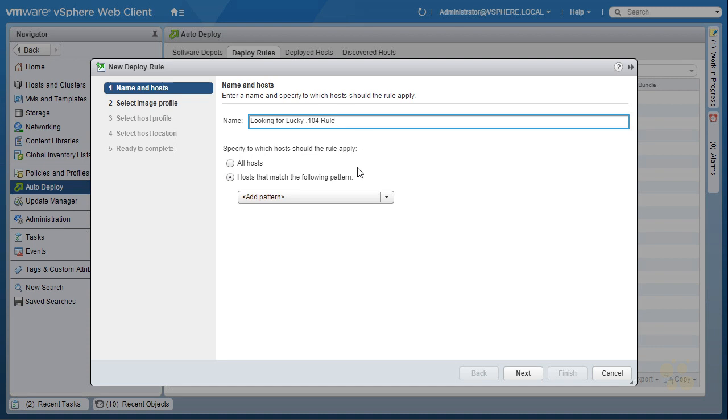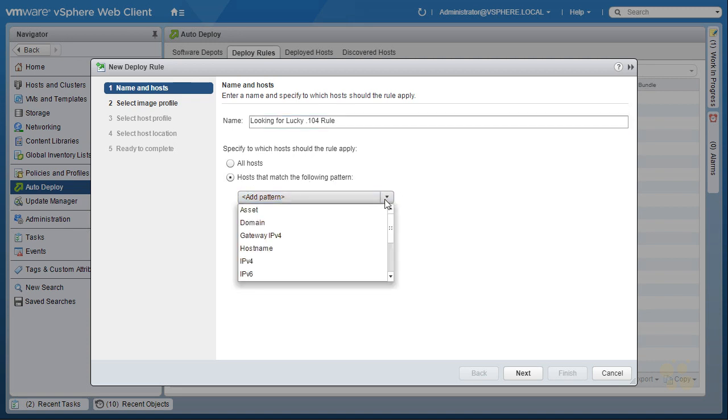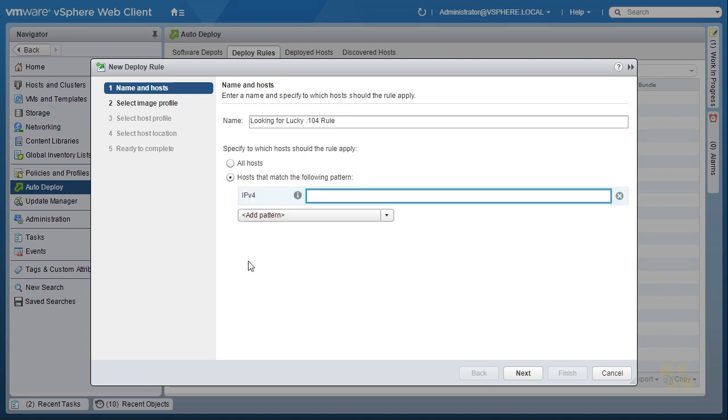And regarding the criteria, here's what we could do. We could click on the second radio button, which says hosts that match the following pattern. And then from the drop-down, we could go ahead and specify what we want to match on. And there's lots of options. UUID, vendor, serial number, MAC address, IPv4 address. And for this demonstration, let's go ahead and select IPv4 and put in the IPv4 address of